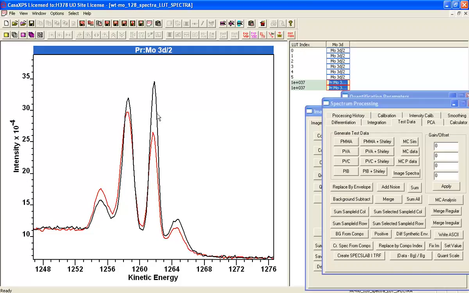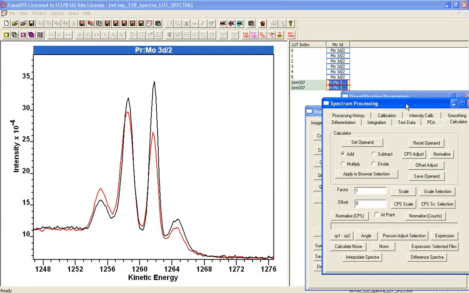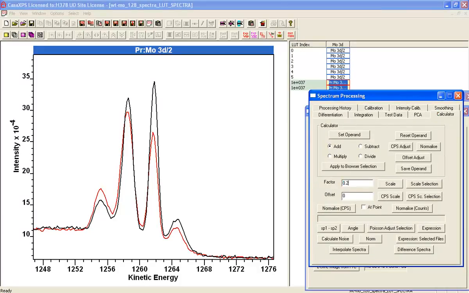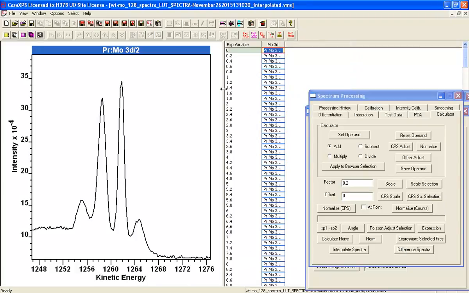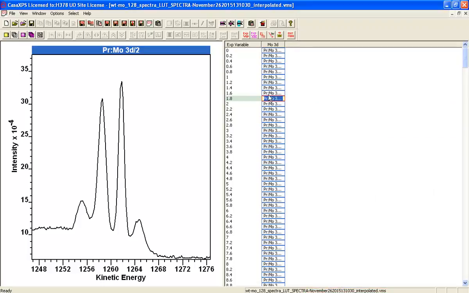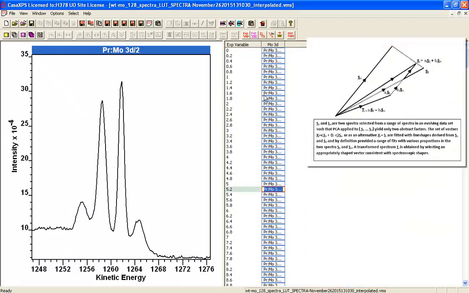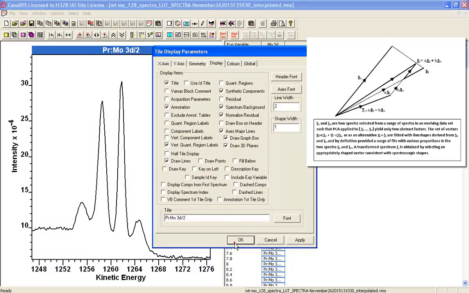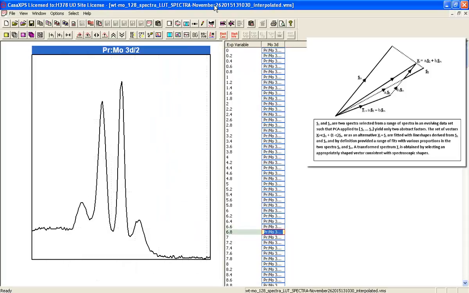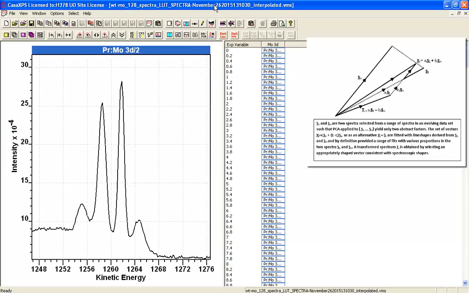So I've got two spectra here, one that favors the sulfide, one that favors the oxide, and I'm going to go onto the calculator property page, and I'm going to set 0.2 for my factor between these different spectra that I now calculate. And if I step down here, let me just close these dialog windows, let me just also put up a display so it's obvious what's happening. But with each step the spectra change,